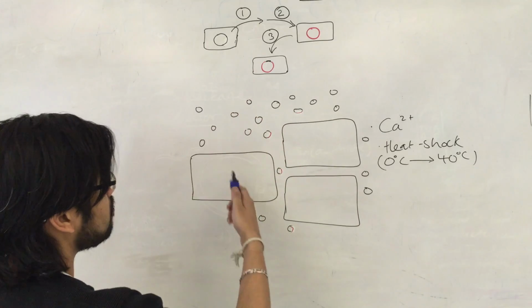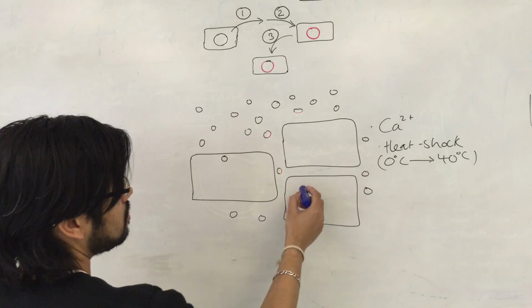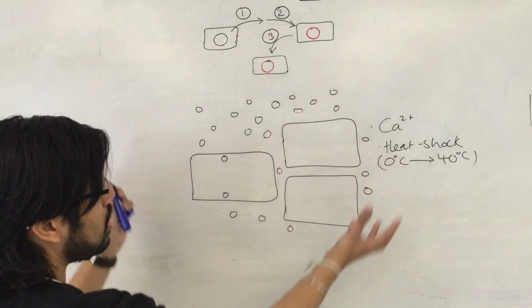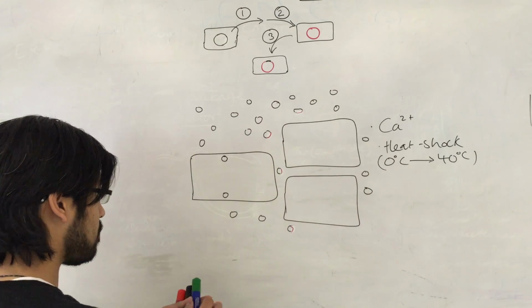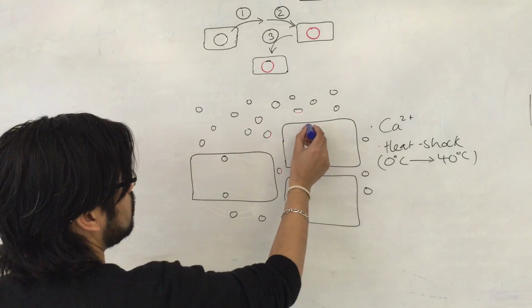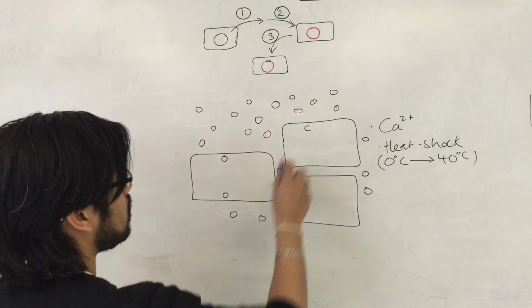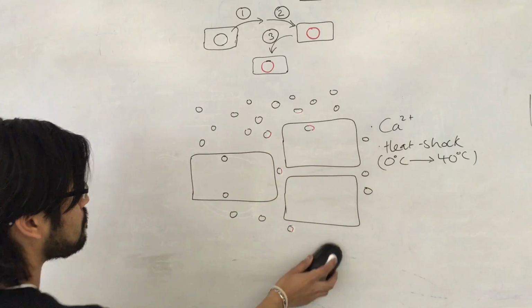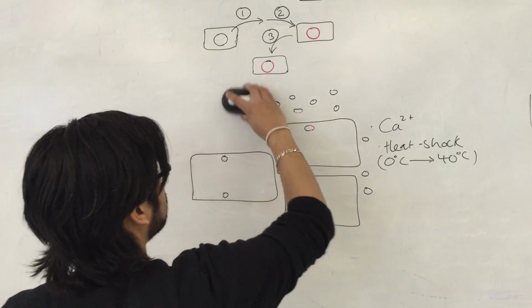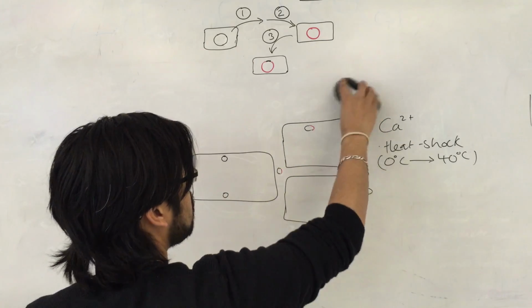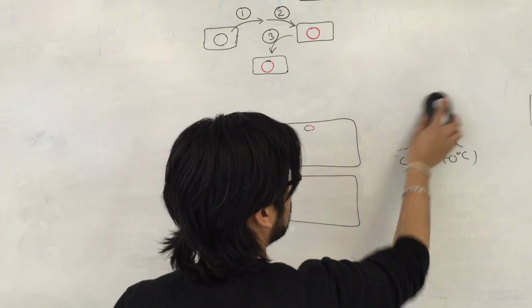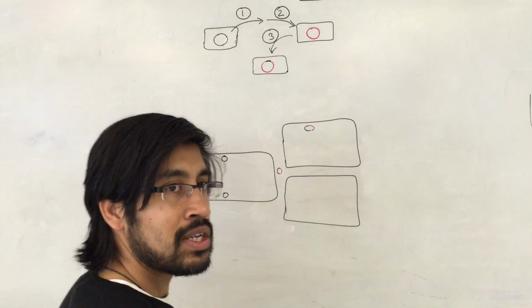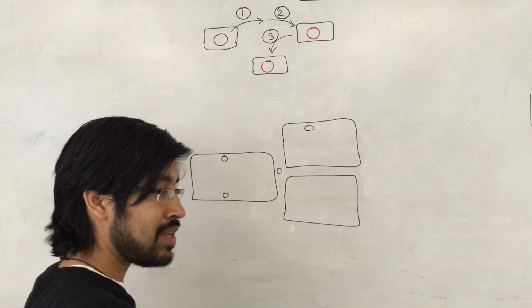So you can have cells that then take up some of the plasmid vectors from the extracellular environment. So this can happen. Then we remove the bacteria from the heat shock environment, and basically we just have to plate the bacteria on agar, which contains the nutrients for the bacteria